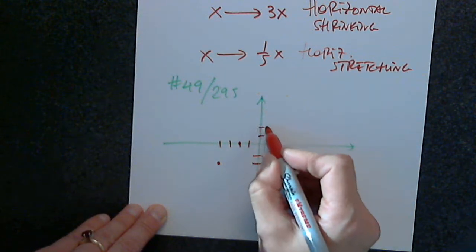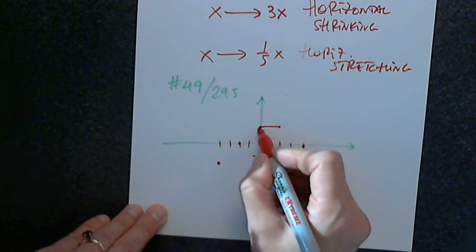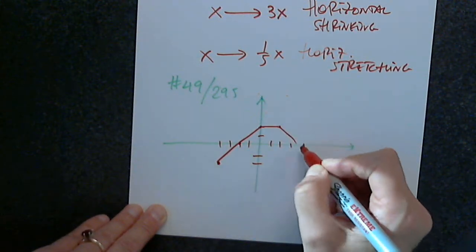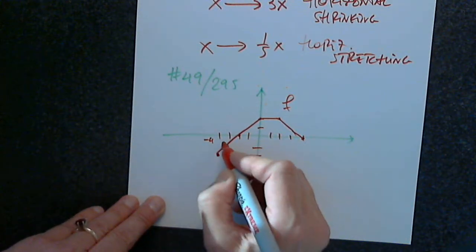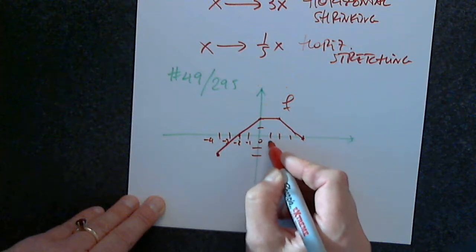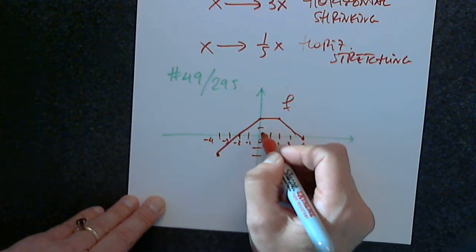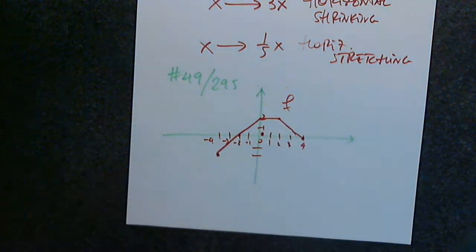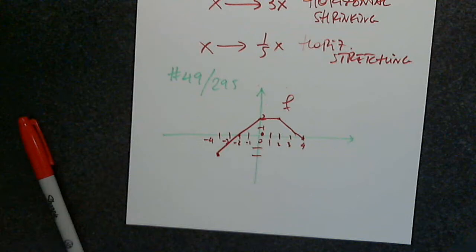And here, 1, 2, 1, 2, 3, 4. So this is the function f. This is -4, -3, -2, -1, 0, 1, 2, 3, 4, and 1, 0. 1 and 2. Okay. So we chose 49, and in 49 we're asked to graph